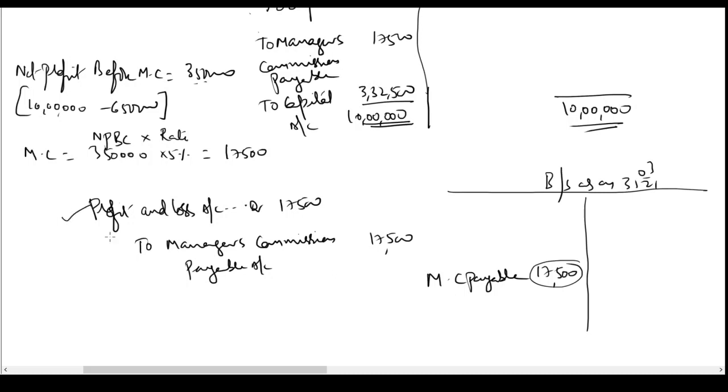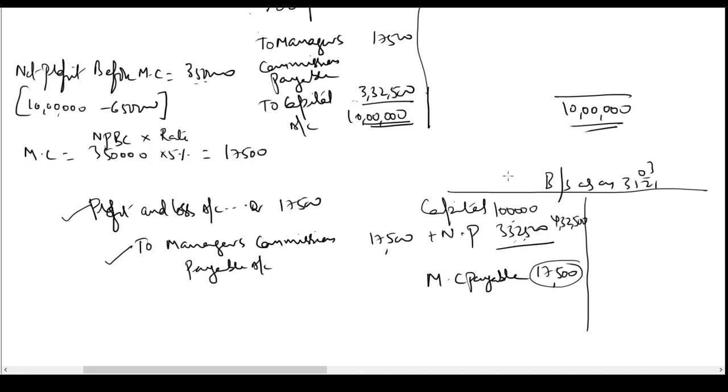So P&L account was debited, manager's commission payable account was credited. It was showing a credit balance. It is the amount due to the managers in the form of commission. It's a liability for the business. So till the time we pay the money, we are going to show it in the balance sheet liability side. This net profit will be added to the capital account. Capital, I'll say add net profit for the year 3,32,500. Suppose capital is 1 lakh. Then the total amount will be shown in the outer column, 4,32,500.